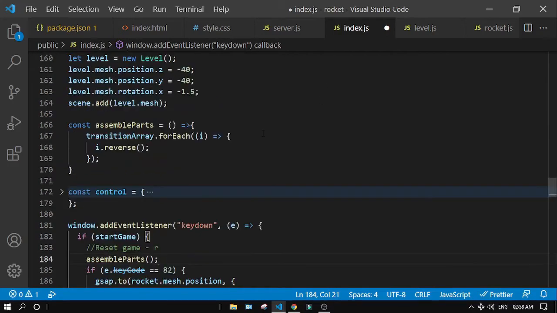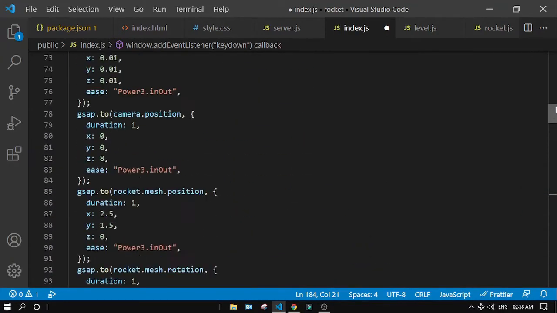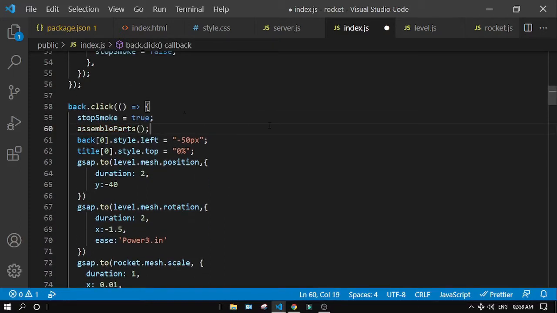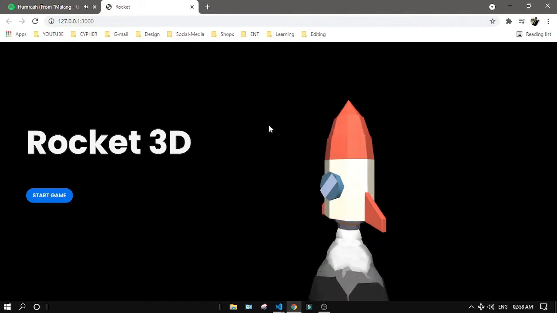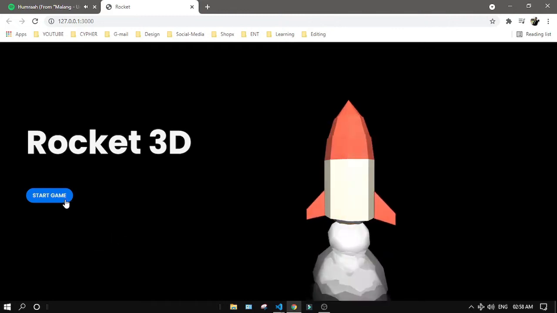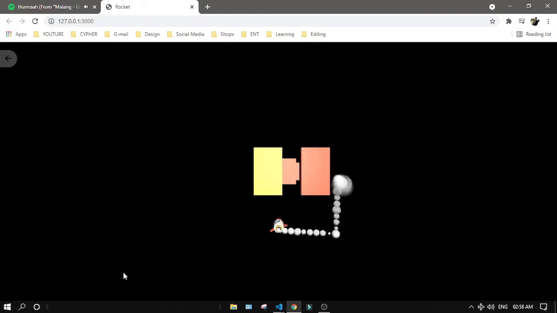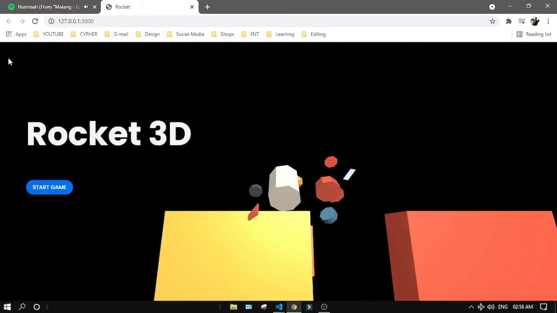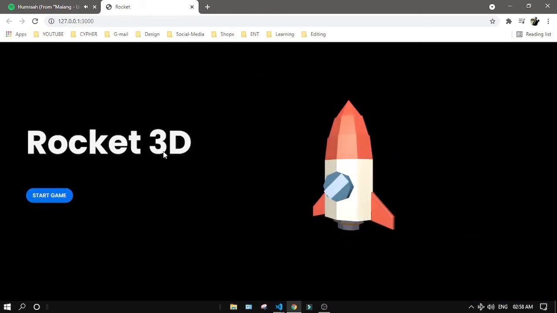We now need to assemble it when we go back once we crash. So now let's check. If we crash now, and go back, this reassembles,